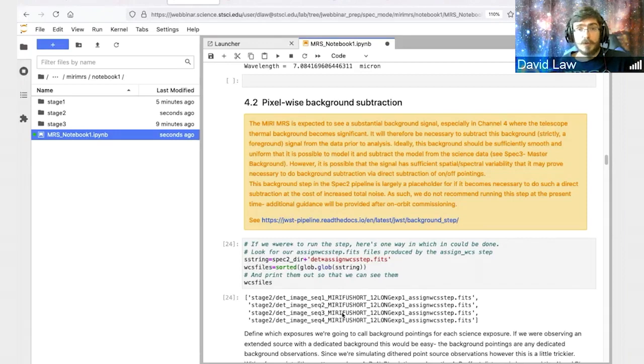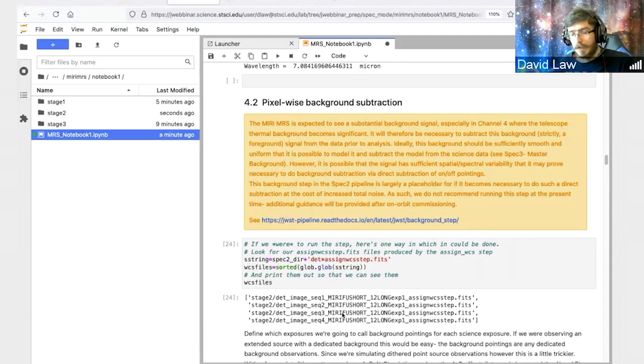A fallback option is you can just take an image 1 minus image 2 and just do a difference to subtract off what your background term is. So if you're looking at a point source, for instance, you could subtract off the 2 nods from one another. If you're looking at an extended source, you could subtract a dedicated background pointing that you might have attached to your observation. And this should do a good job of subtracting off an arbitrarily complex background due to, say, the